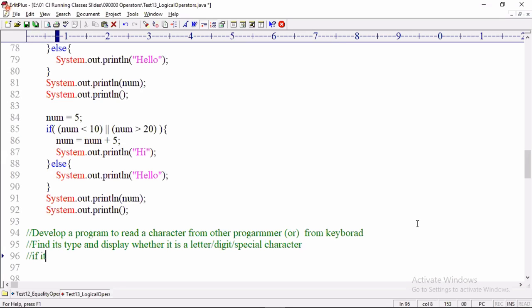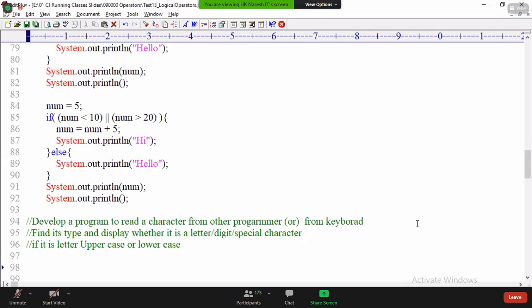Okay. If it is a letter, uppercase or lowercase, that's it. Try to develop this program.